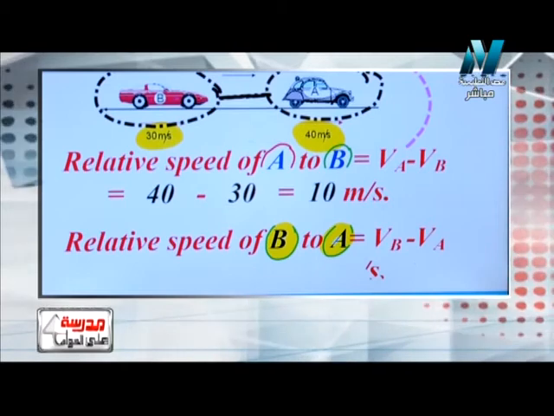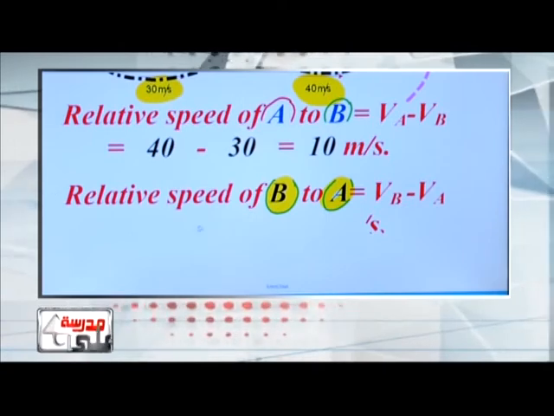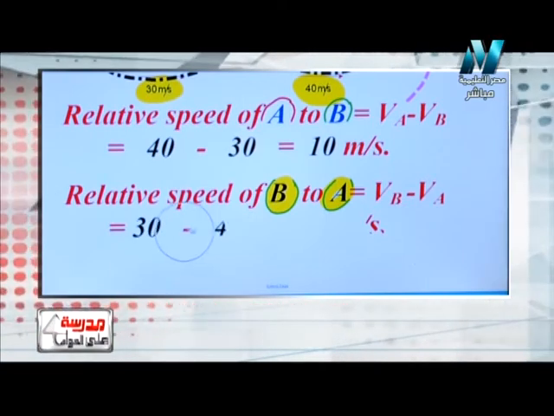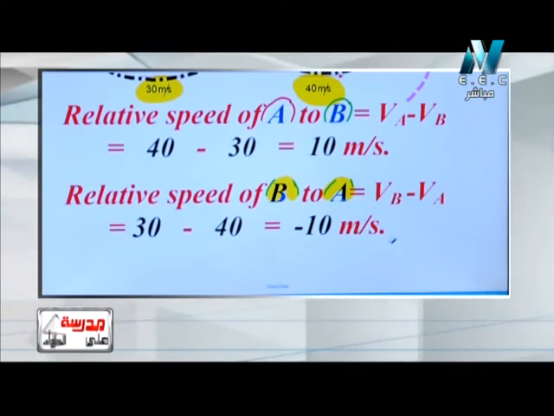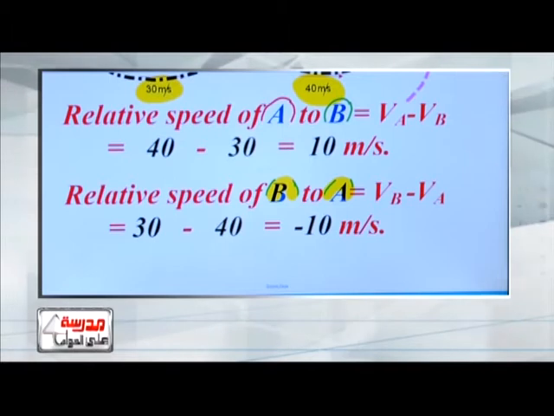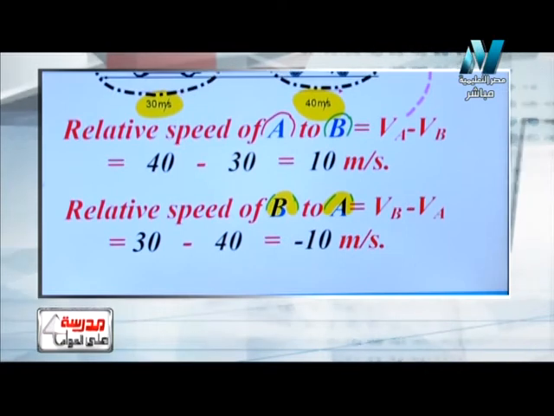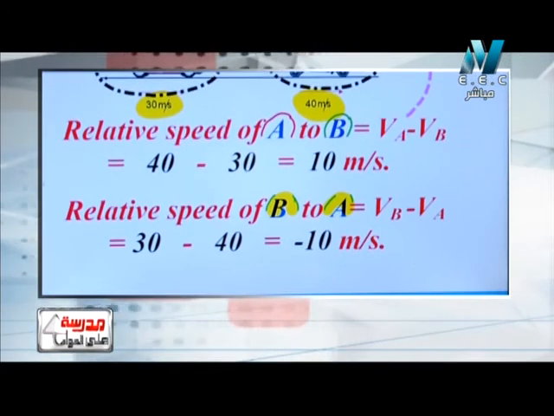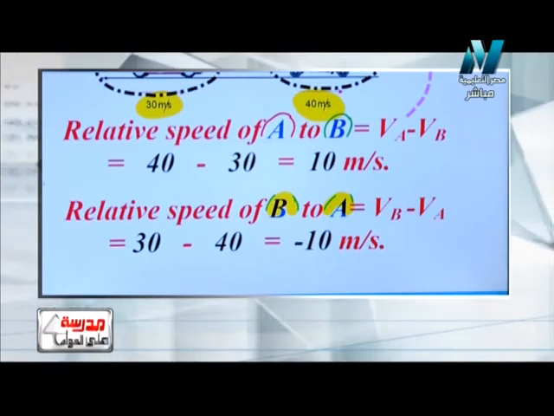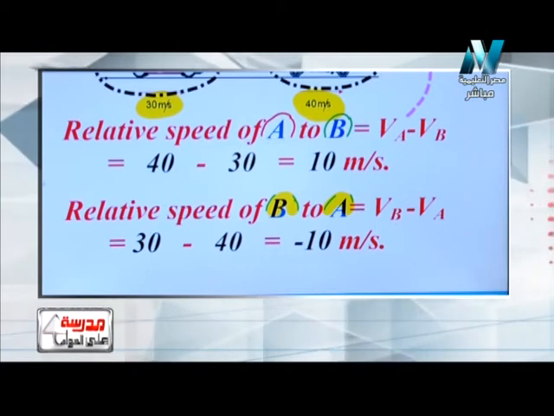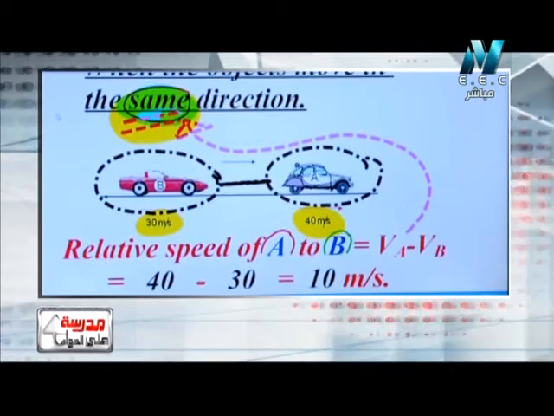يعني less quantity minus more quantity, so we have negative here. Yes, we have negative. So in this case, 30 minus 40 equals 10 meters per second, but negative. Negative ليه؟ طبعا احنا عارفين الكلام ده from fourth primary، عارفينه من third primary كمان، ان انا عندي less quantity subtract more quantity we have a negative number, as in fifth primary خدناها برضو قبل كده. يبقى we know how we can differentiate between the two cases as the two bodies move in the same direction.